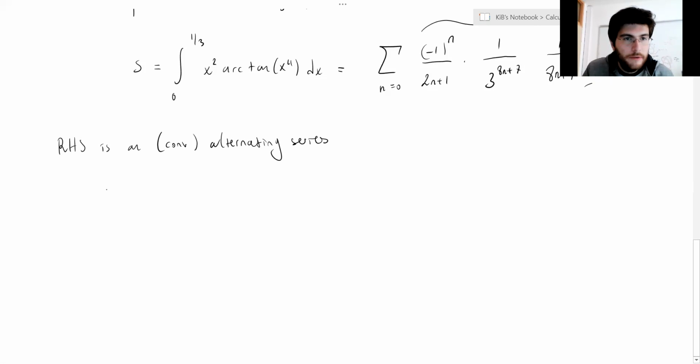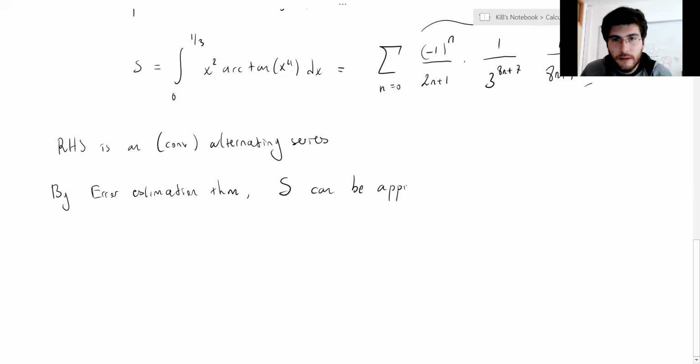And therefore, by the error estimation theorem, remember, let's see what we have. By the error estimation theorem, S, the sum, the resulting number, can be approximated by the partial sum,